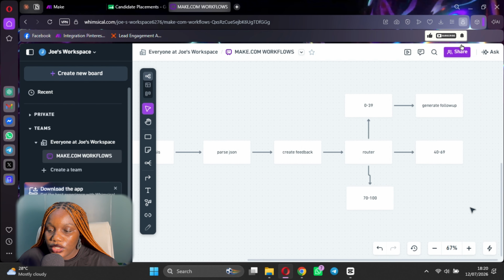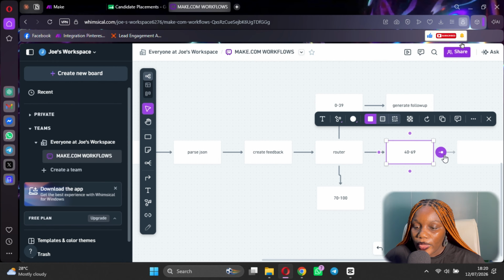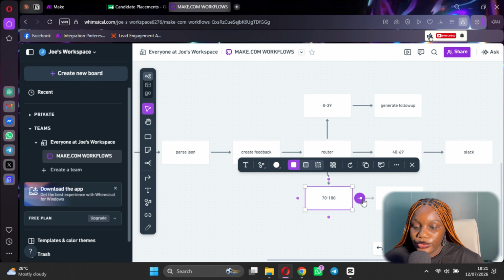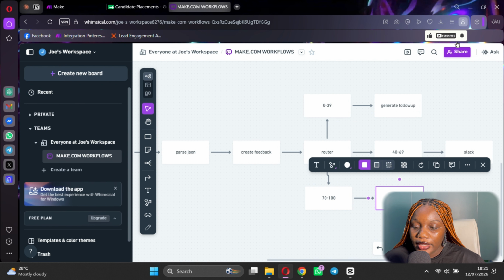And then if it is medium, we'll just send a message to the team. But this one will be like what's called an orange message or something like, okay, there is a candidate that has a problem, check with this candidate when you can. And then this one can be like a red alert. So we can say red alert here. So we can say Slack,